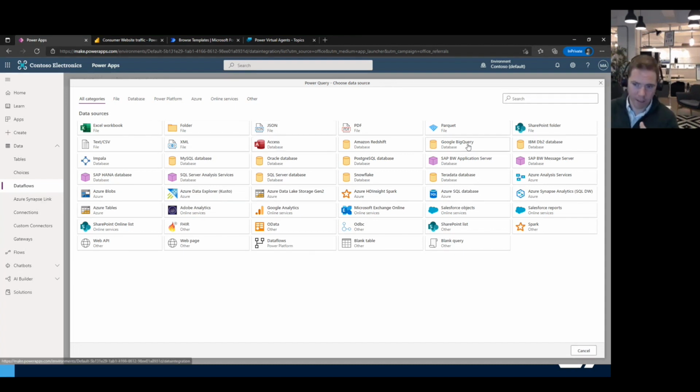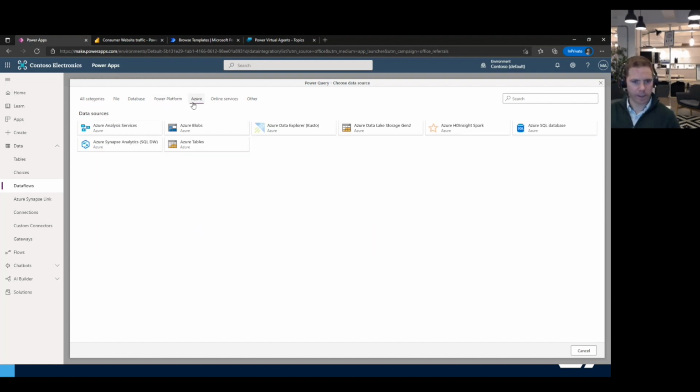We could even connect to SAP, to Salesforce, to Exchange for email traffic, and to another website, so Facebook, and you can create your own APIs as well. So if you want to take data from different services, Power Platform is the one for you. Lots of other things you could do with it. Power Platform connectors, Azure Data Storage, Azure Data Blobs, Azure Tables as well, SQL tables. Really is as complex or as simple as, in the case of Excel,